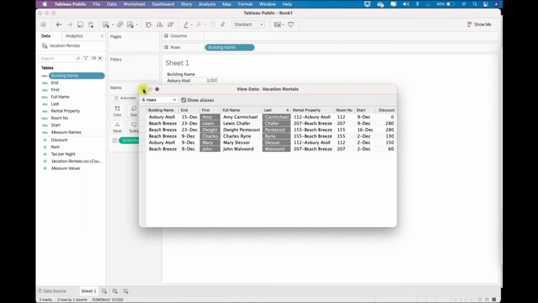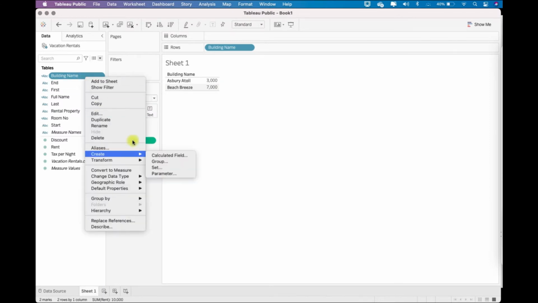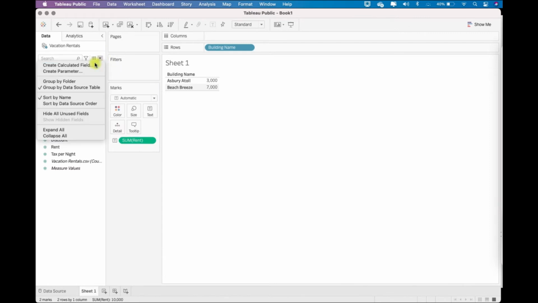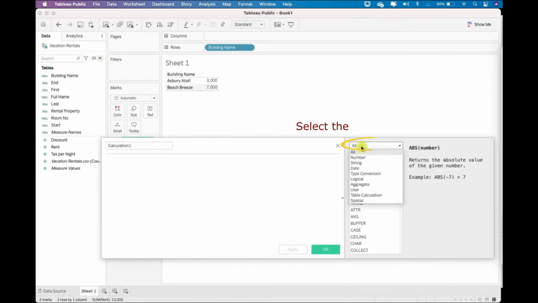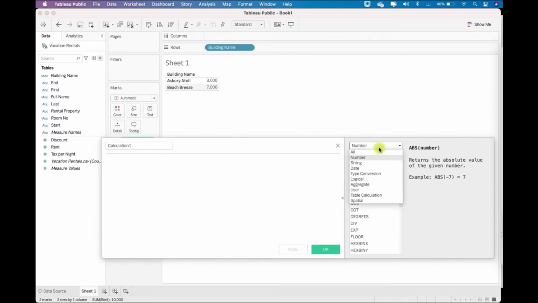And using the dialog box you can always go here, say create another field, and select the type of function you want. This way you can quickly narrow down the function you are looking for, if it's related to only number or string or date or type conversion or logical or aggregate or user or table calculation or spatial.